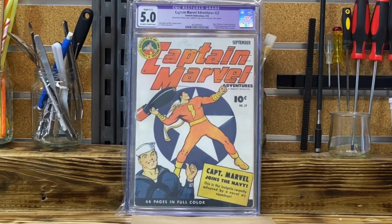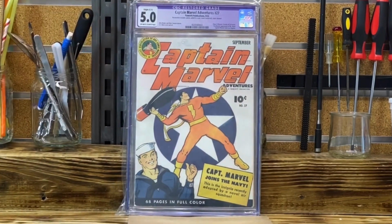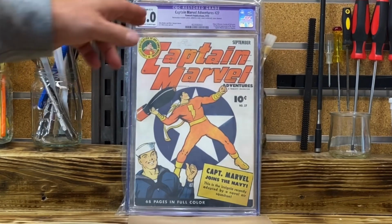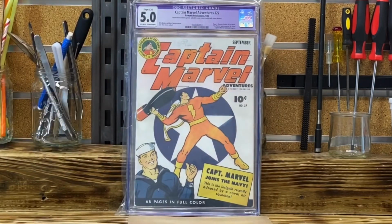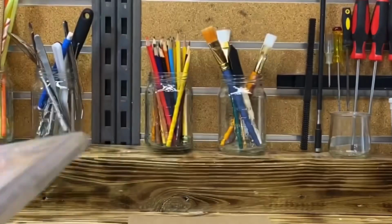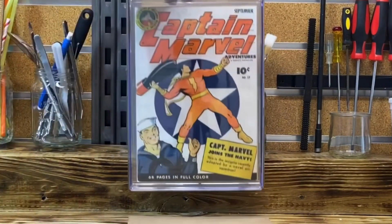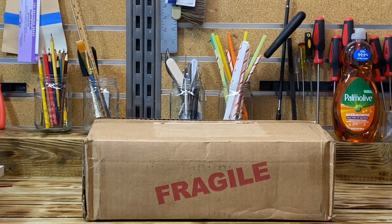CGC designated the book a restored grade. Let's see. Off-white to white pages. Slight C1 level, so they are deeming it amateurish. Restoration includes pieces added to cover, reinforced, cover cleaned. Now, I am very disappointed with this grade, and in fact, I am quite puzzled because,